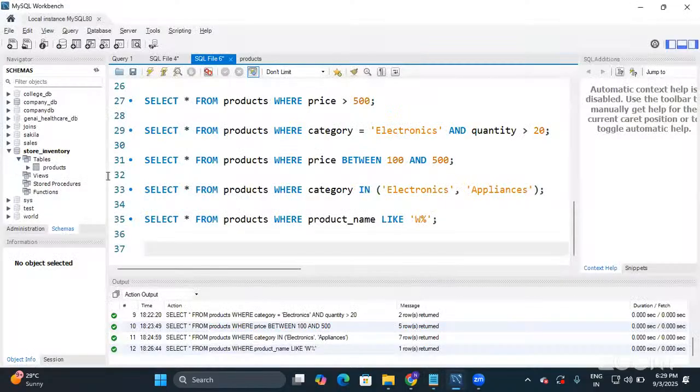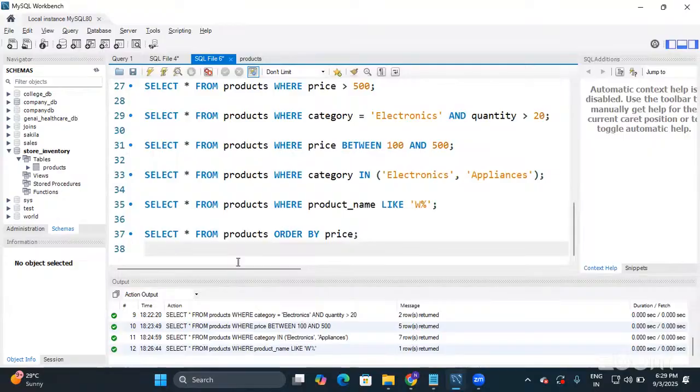So try to understand, guys. What are we doing? I have included order by in the select statement. Okay. So select star from products. It will fetch the entire data. So all the records will be fetched when we go with select star from table name. Then additionally, we have also included order by price. That means based on this price column,